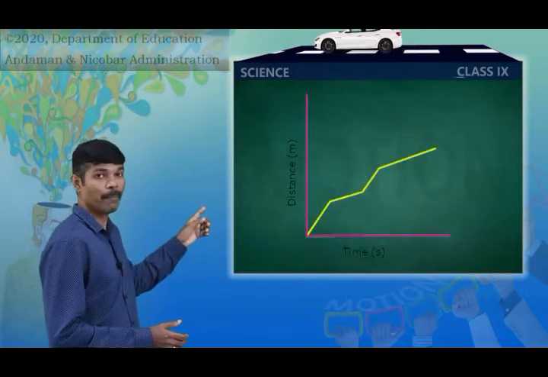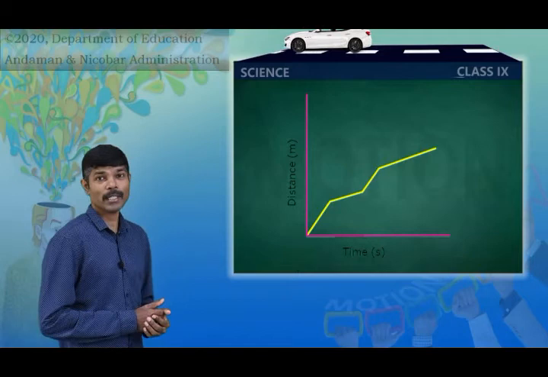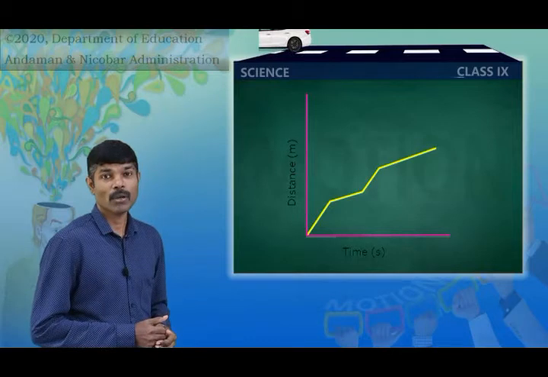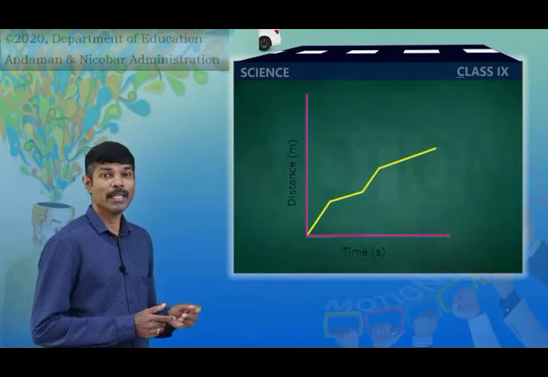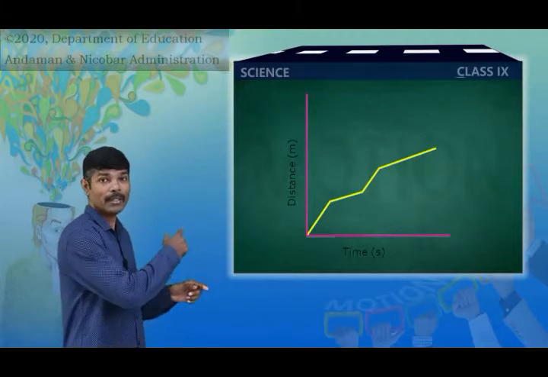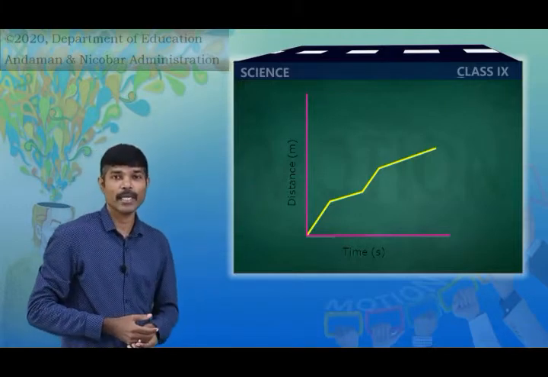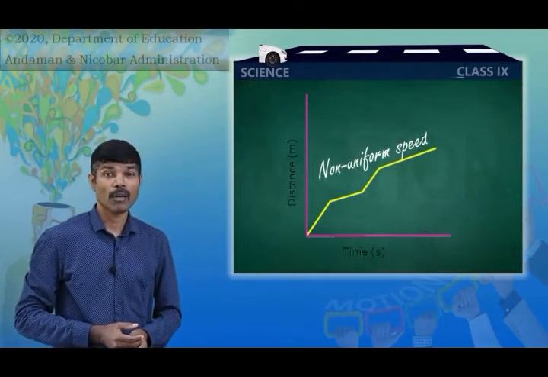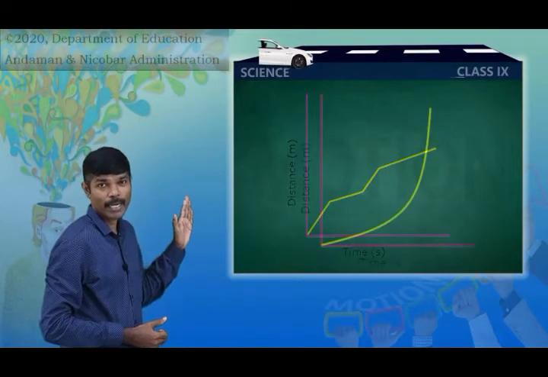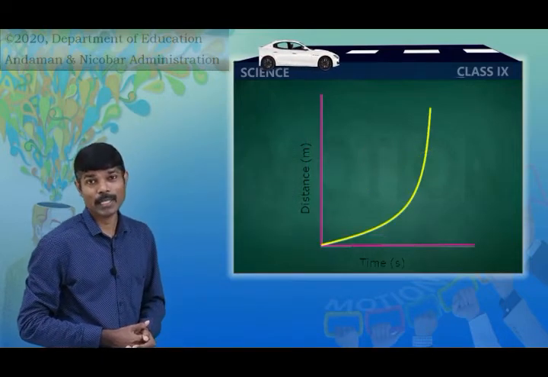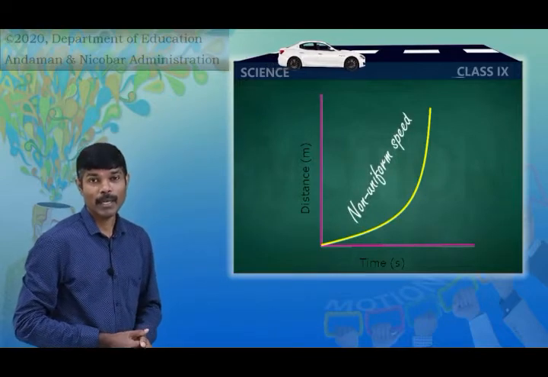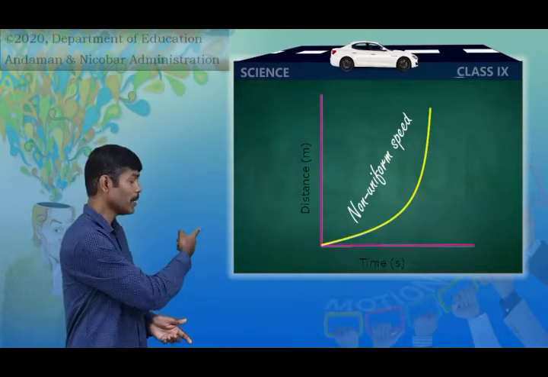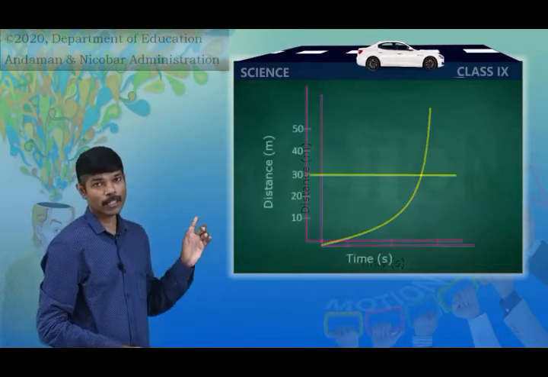Now look at the second picture, which is also a distance time graph. In this graph you can see that the graph is not uniform. That means here we are not getting any straight line. Zigzag line we can see here. This shows that the motion is not linear. That means the motion is non-uniform motion. So this graph shows that the distance travelled by the object is not directly proportional to time. If that is the case, instead of a straight line we will get a curved line, as you can see in the picture.